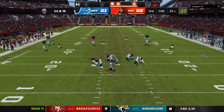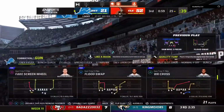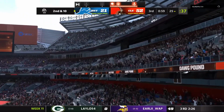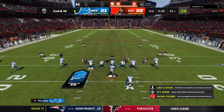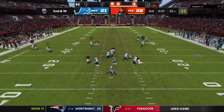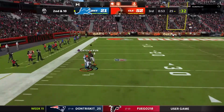In search of redemption from the pick six. Goff. And that throw behind his man. He missed him. Incomplete. Tyrell Williams was the intended target. And it's second down. Another throw there off the mark, and obviously he's battled all of the interceptions. Things just haven't been true to form for him. I don't know. What do you think's going on out there, CD? That's a great question, and my suspicion is...